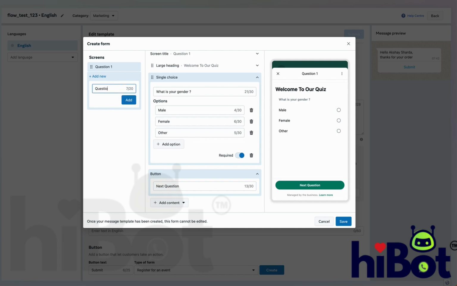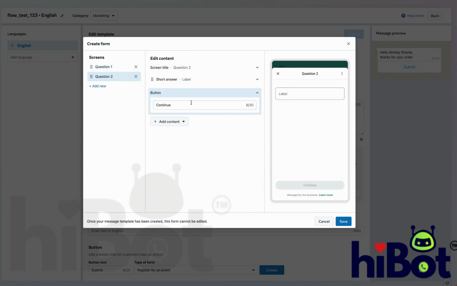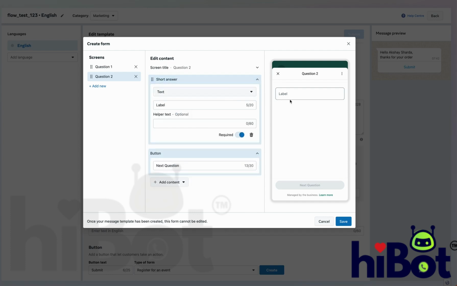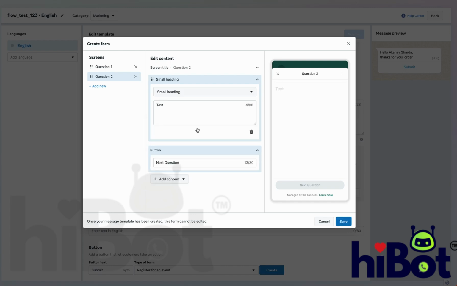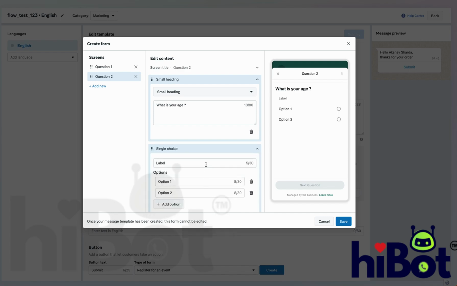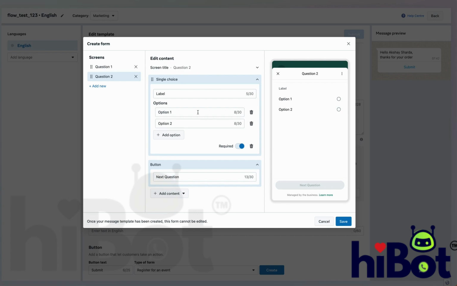Now let me add another screen. The button would be possibly next question, and in the content, so this is the default field I think it added. I'll have a small heading. So again I'm selecting the option of, in the label itself I've added the question, what is your age,